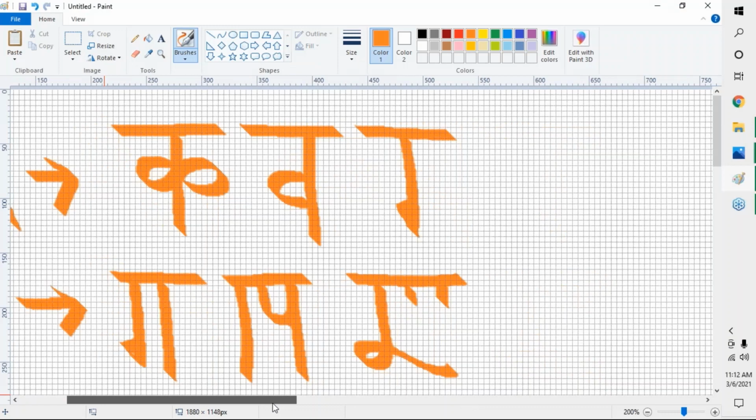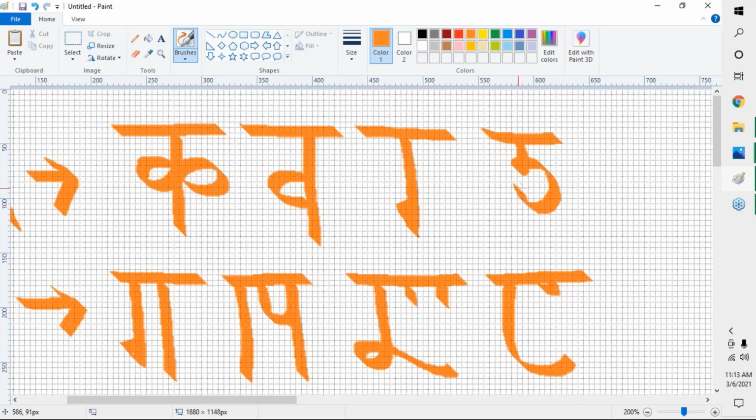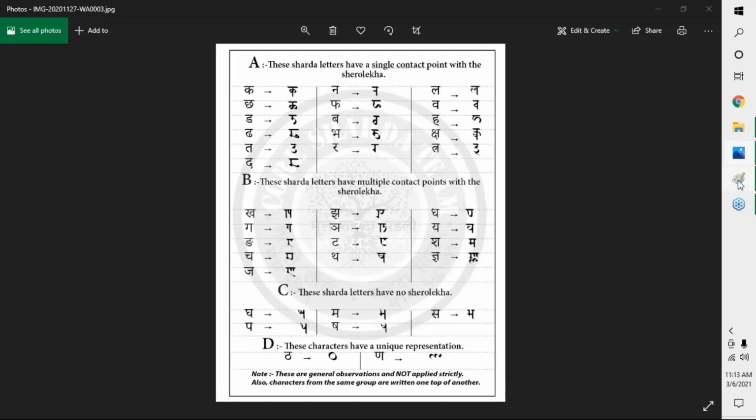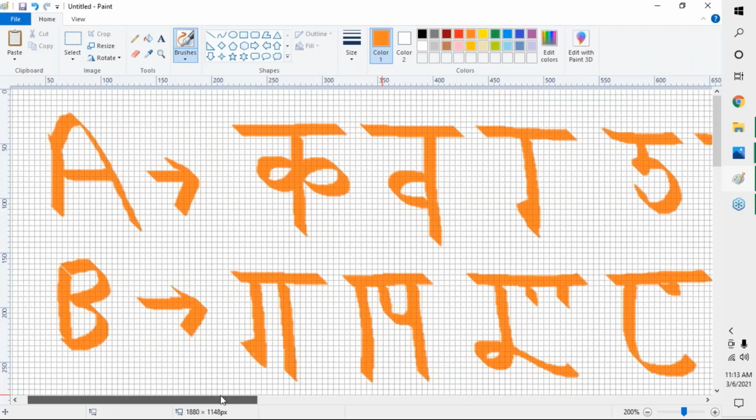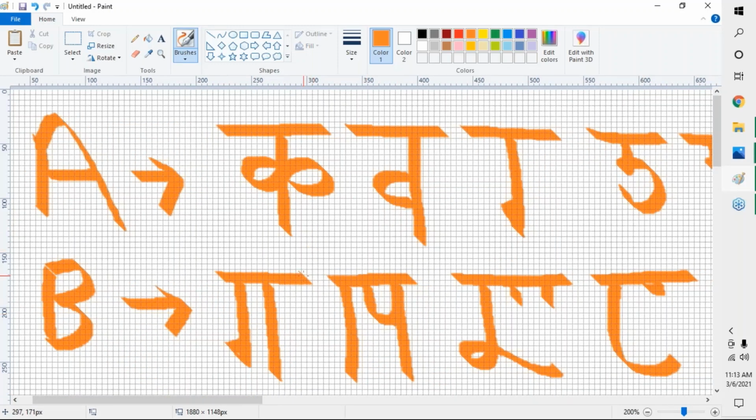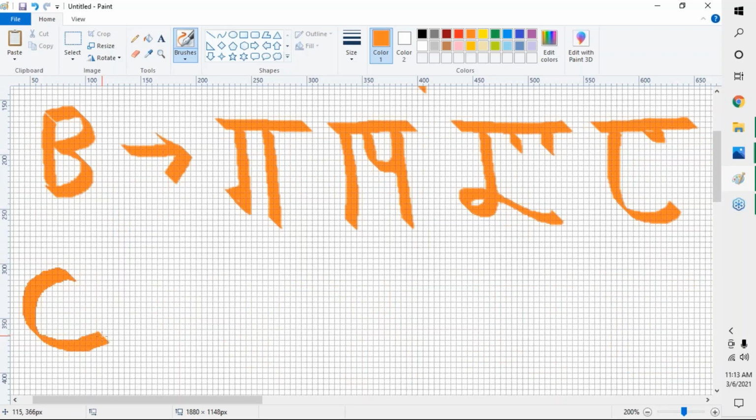So there can be many more alphabets. We have seen even T can come here. If I have to take one more alphabet here, B can come here, D can come here. So just refer to the same chart I was showing. We don't have to keep writing here because we will provide the reference material, but for your understanding, this is good. So category A, one time; category B, 2 or more than 2 times.